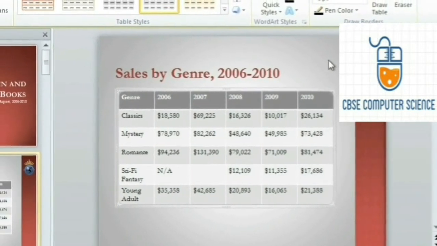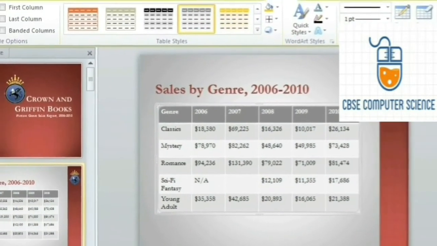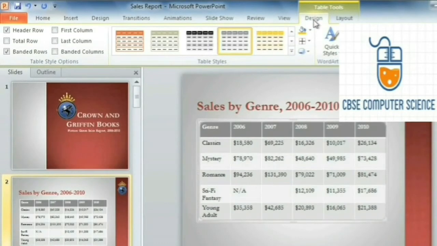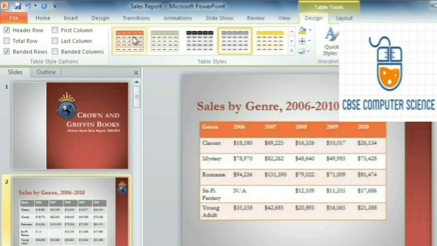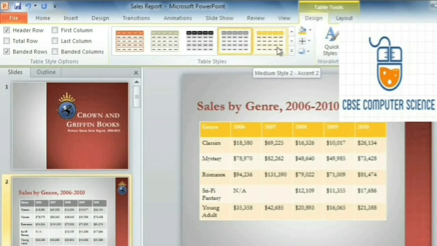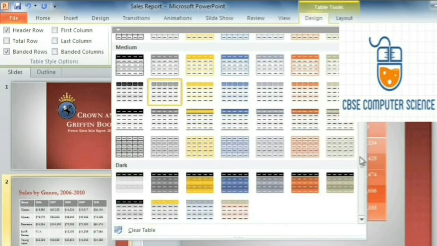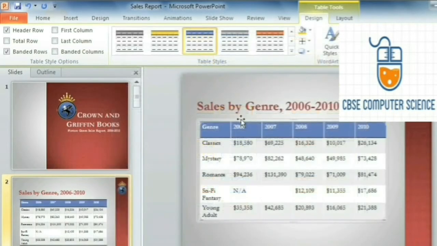Now let's see how we can set table styles to the table which we have created just now. Once we create a table, two new tabs, that is the Design tab and Layout tab, appear. The Design tab allows you to make changes in the design of your table. So when you click on the Design tab, there is a group known as the Table Styles group. It consists of some inbuilt PowerPoint templates or styles for applying on your table. Just hover your mouse over it, or you click on the entire list, scroll down for more options, and you click on your desired option. The format of the table changes according to the table style you have selected.